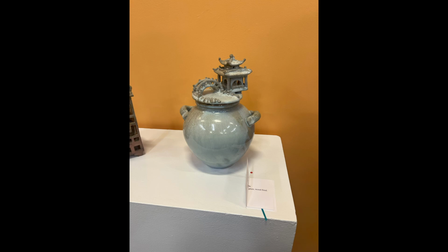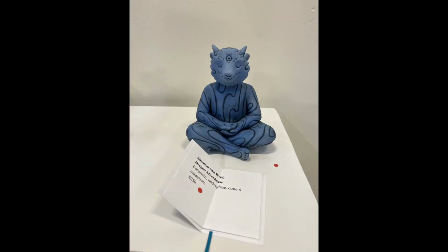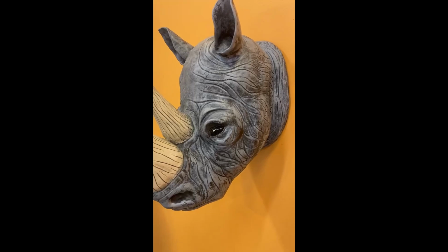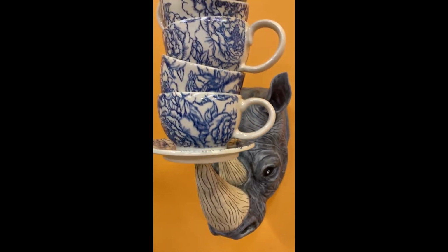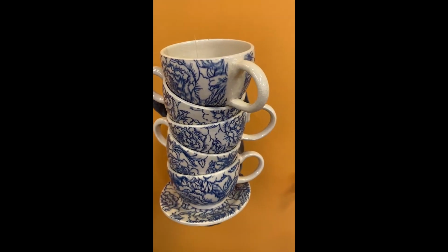Well, my aunt actually bought, when she visited the studio, she bought a vase from the gallery, which was really cool. My Rhino with teacups did not sell, but as much as I would love for it to sell, I didn't expect it to. And the reason is just because I feel like in the general public, no one really knows where to put a giant rhino with a bunch of teacups, and these are not functional teacups,